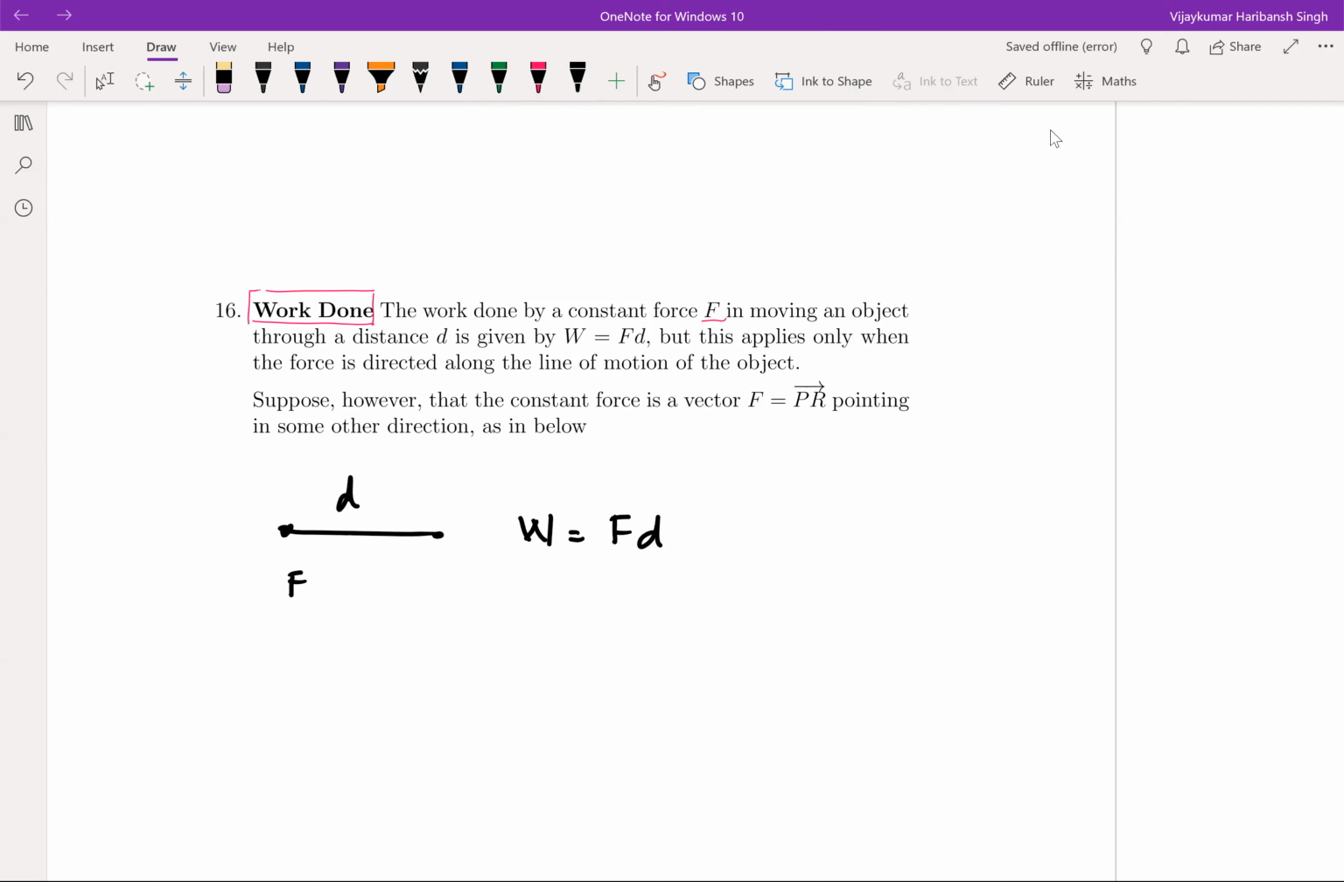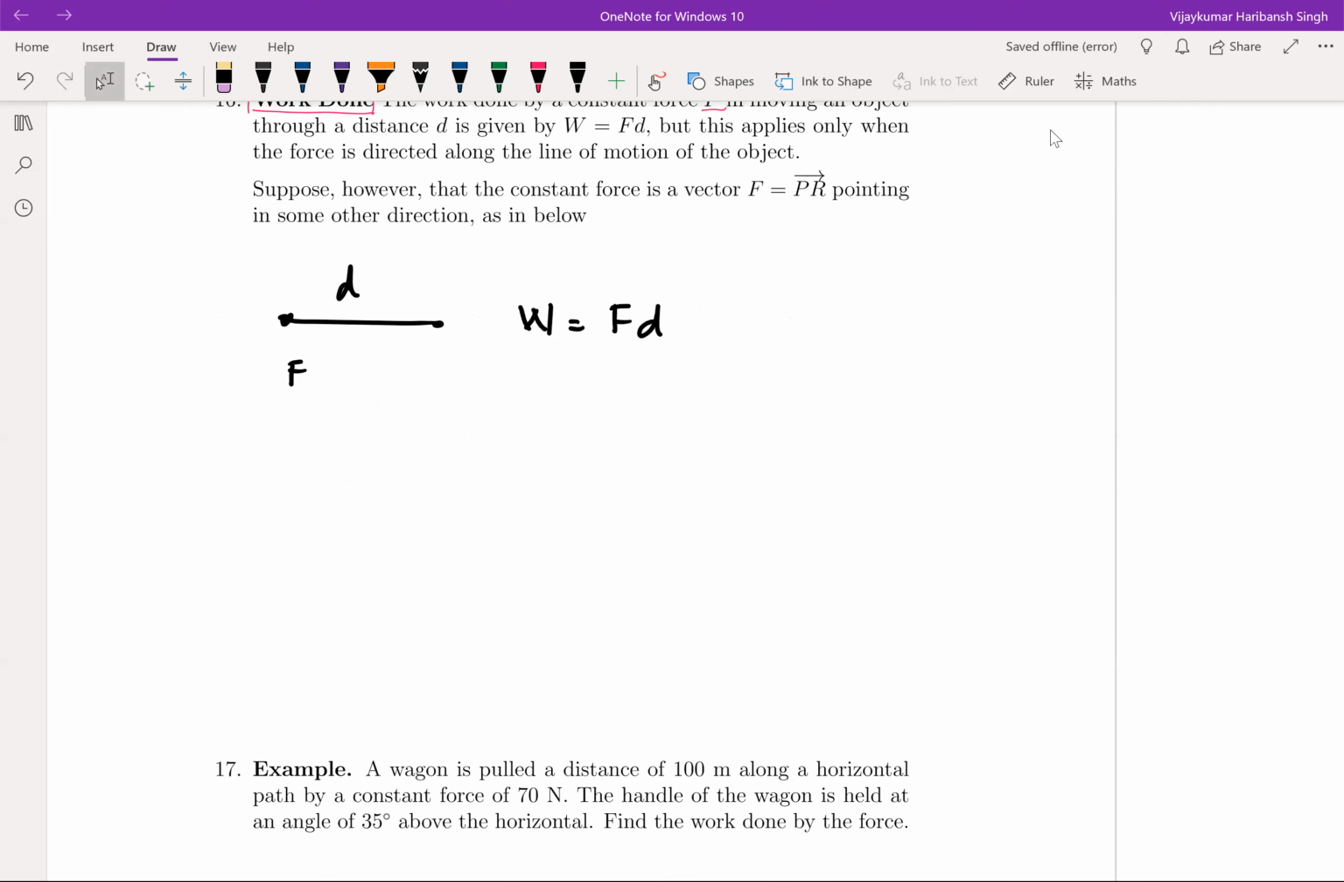Yeah, and this was done in the same line. So you just multiplied force and the distance. However, we want to understand a slightly different scenario, namely where you have